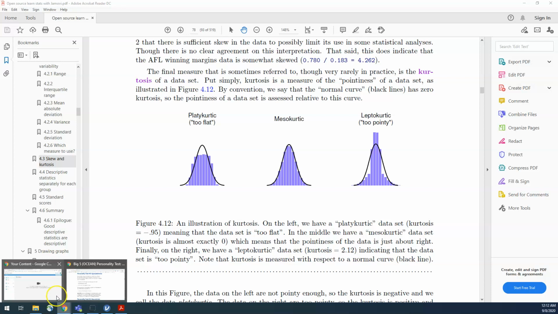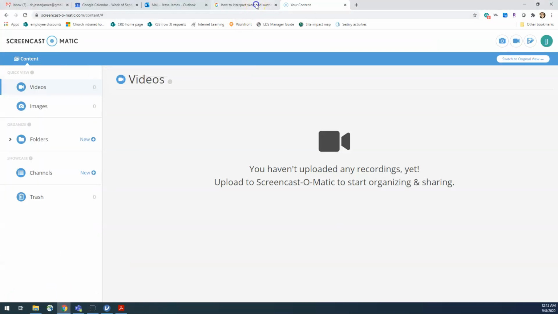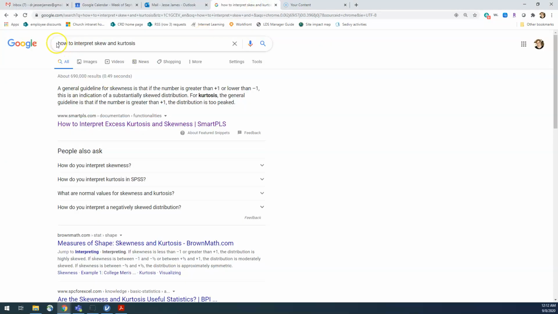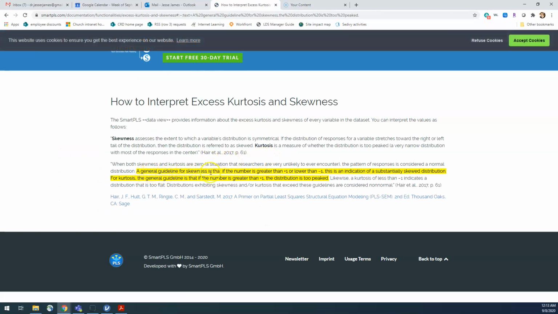Now, I always seem to forget that, and so when I need to know what's going on, I just Google, how to interpret skew and kurtosis, and click on the first one. You can easily see that a common general guideline for skewness is that if the number is greater than +1 or lower than -1, this is an indication of a substantially skewed distribution. For kurtosis, the general guideline is that if the number is greater than +1, the distribution is too peaked, and if kurtosis is less than -1, it indicates the distribution is too flat. So if you forget how to interpret, you can just Google it, and that will tell you a generic